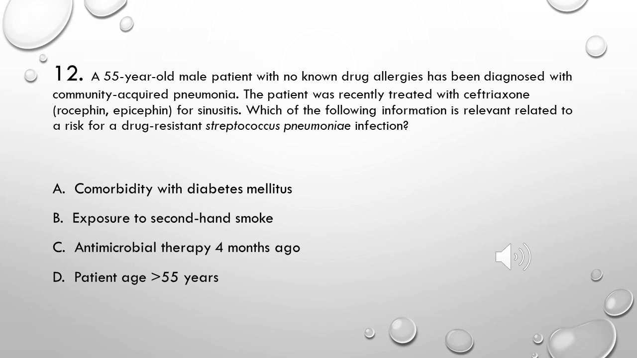A 55-year-old male patient with no known drug allergies has been diagnosed with community-acquired pneumonia. The patient was recently treated with ceftriaxone for sinusitis. Which of the following information is relevant related to a risk for a drug-resistant Staphylococcus pneumoniae infection? And here are your choices. Your answer should be A,